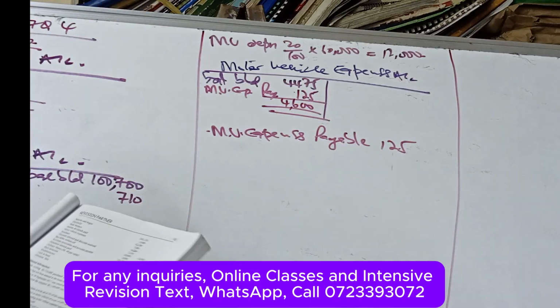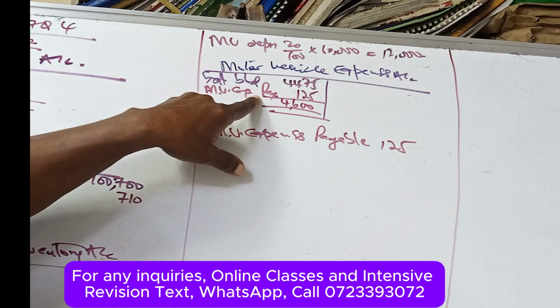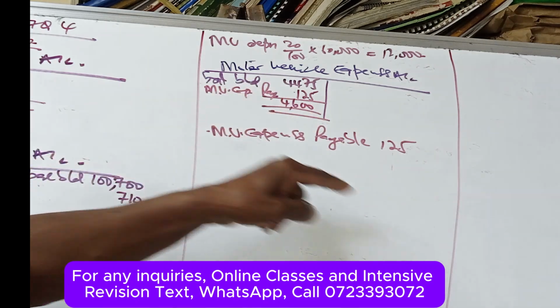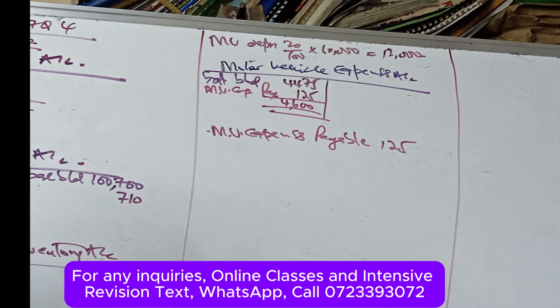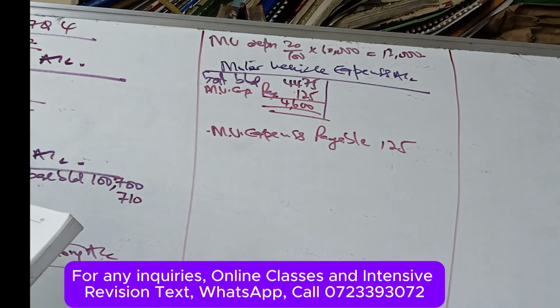4,600. So we debit motor vehicle expenses to record the incurred motor vehicle expenses, although not paid, and we are supposed to credit motor vehicle expenses payable with 125. This is very important because when we are doing our financial statements, we will be looking at this. Then we are told,